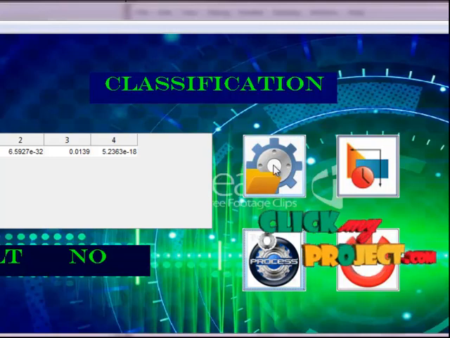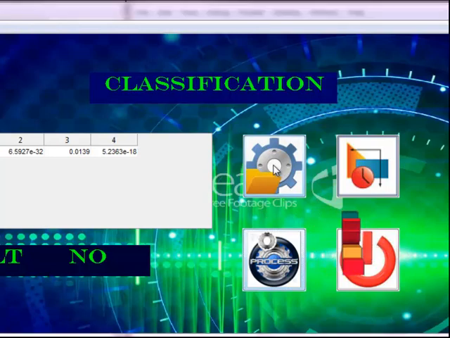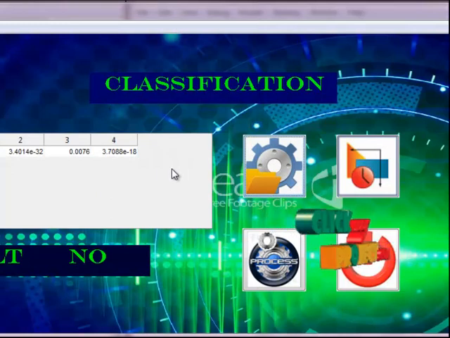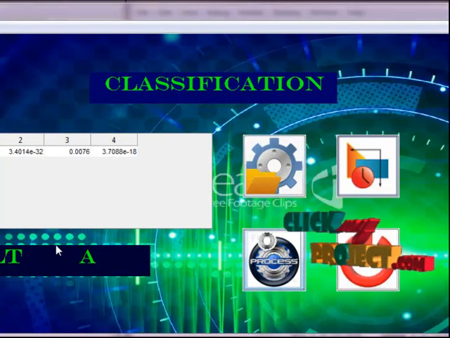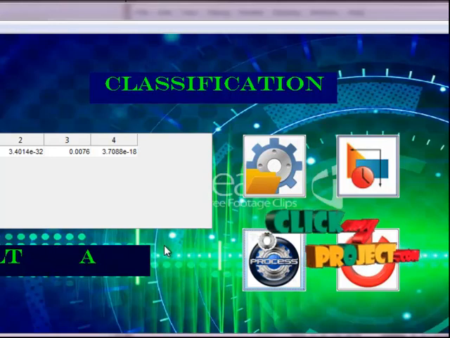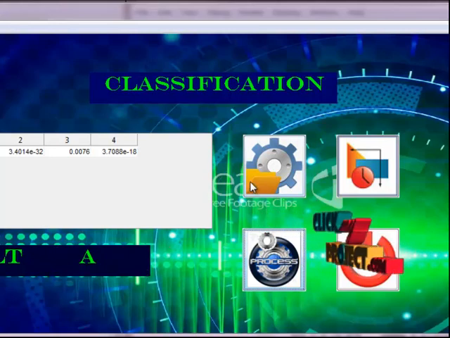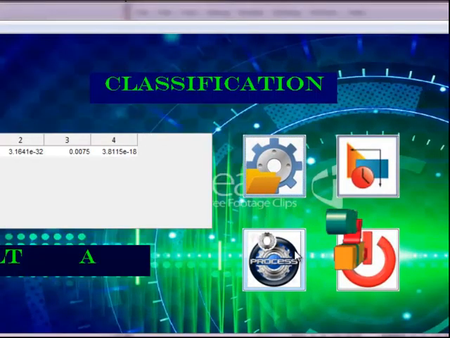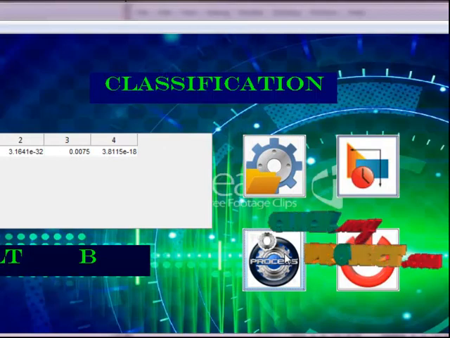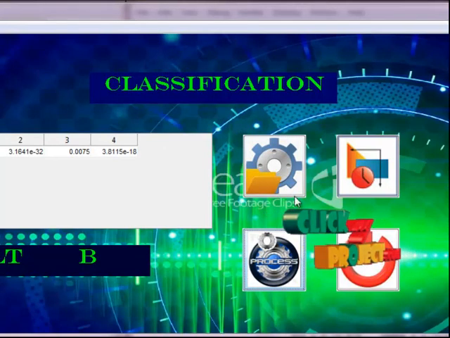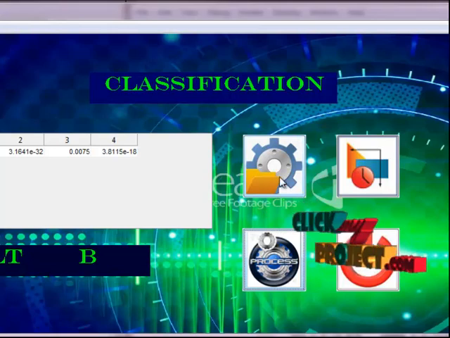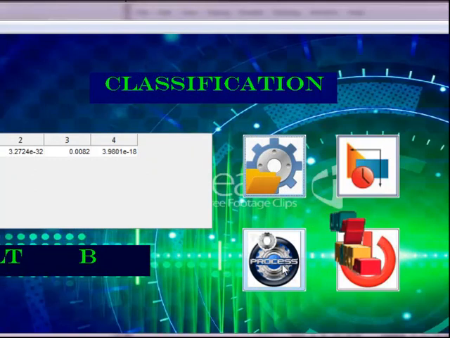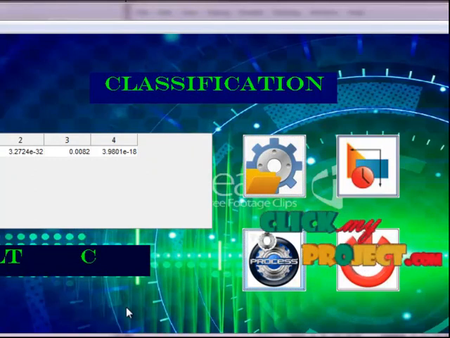Now the signal is no fault. Now I will load another signal, number 2, and then I process the signal. It is the A fault signal. Now the signal is fault data, all only in A. Then we load another signal and run it, and that signal has the fault only in B. Now I load another signal and go to process. Now it is the fault in C signal.